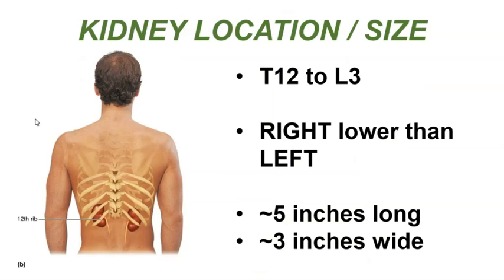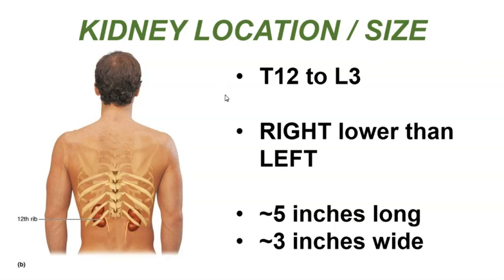Talking about the kidney location and size, the kidneys are found in a region of approximately 4 vertebrae. They begin at about the 12th thoracic vertebra, T12, and span the space all the way down to lumbar vertebra number 3, or L3. So they take up a space of approximately 4 vertebrae at the transition between the thoracic and lumbar vertebral